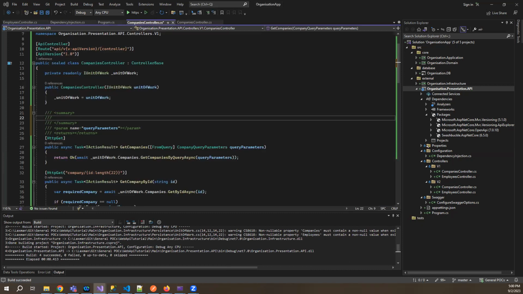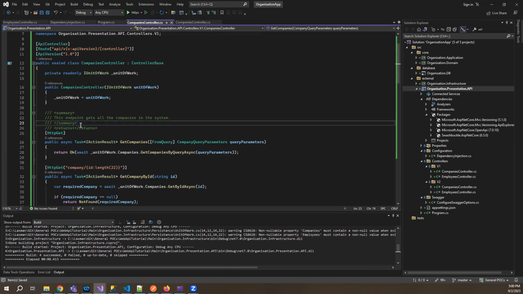I'll just say this endpoint gets the companies in the system. And for parameter, you can just mention the parameter. Since this is a get method, I don't usually mention the parameter, because Swagger will by default give it to me in the form of text boxes. Now, returns will be mostly the return type, but in this case, instead of returns, there's another one. I would prefer a response, so response with a code of